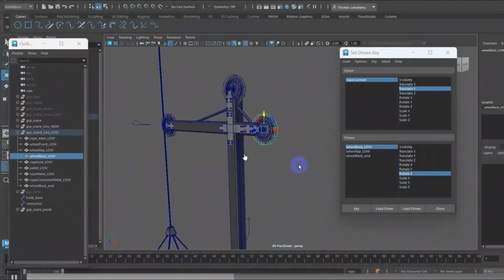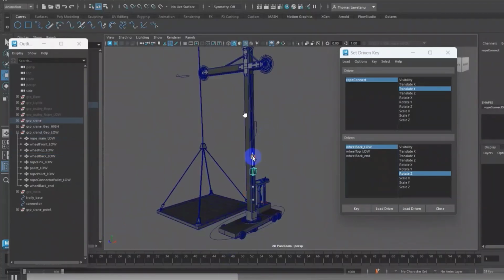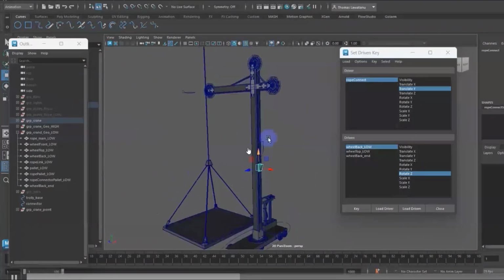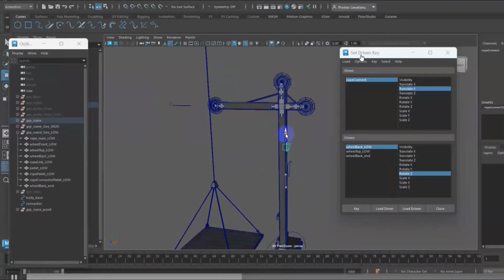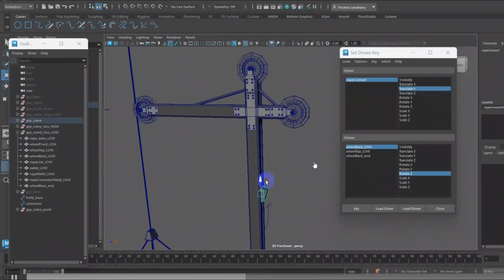Remember we already created the conditions for when the switch goes up, and because we already set the key before, it happens automatically. Right now we put it on the lower position.